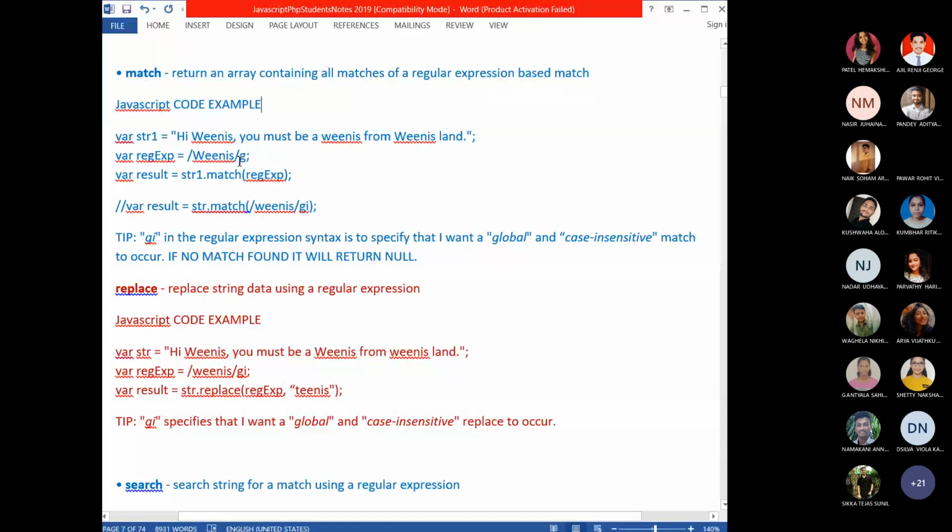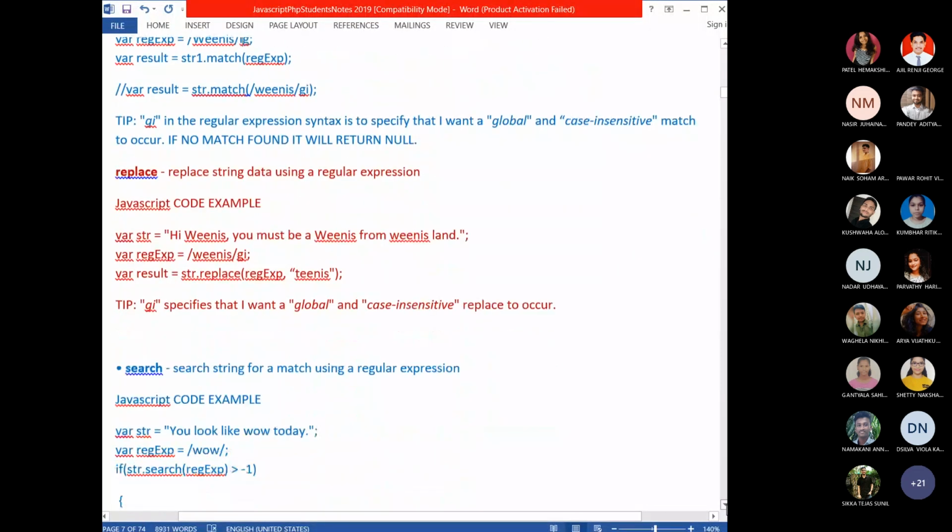What will be returned? First and third Venus. Yes, two Venus will be displayed. That's it. So this method we will use in validation.